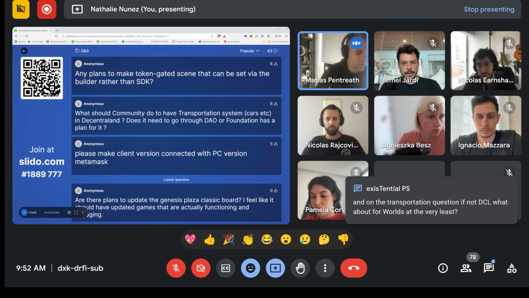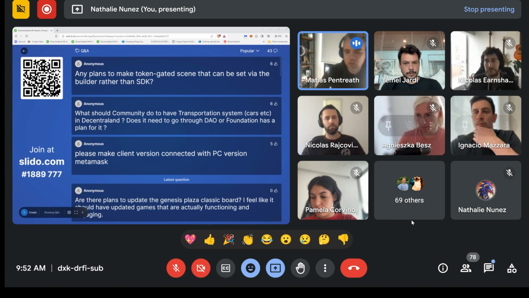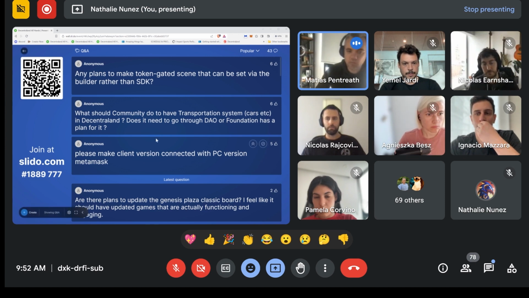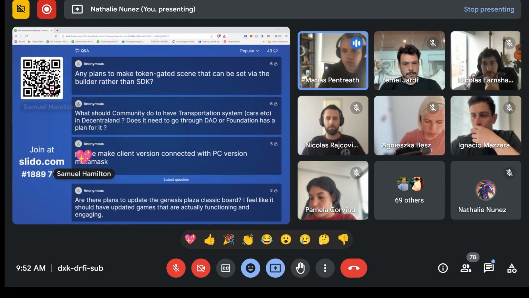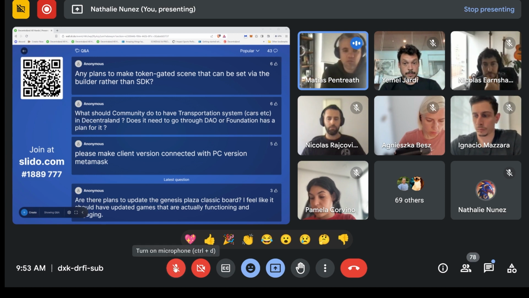But the idea is that you could create different types of permissions to access a world scene, so that you could host some private scenes. For example, having a shared secret so that you have a password, having an allow list so that you only allow a certain list of addresses to access the scene, or owning an item from a collection or a specific item. I think that if we do that, that could enable this use case.